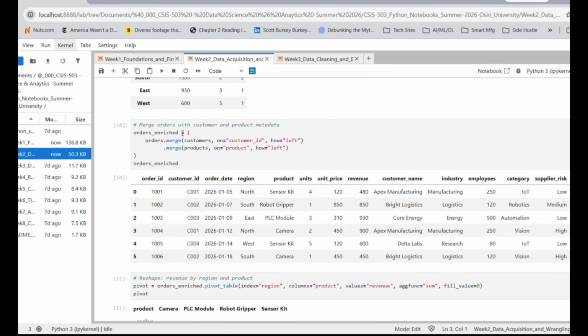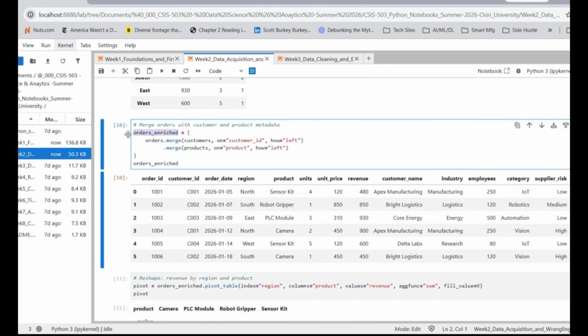So then I'm creating another table that I will call enriched orders, or orders enriched, right? So I'm taking my original table and I'm merging a few things. Customers, on customer ID, and how I want to merge it: to the left. I want to turn on customer, that's my focus. Then I also want to merge products, turn products on, and then how I want to merge it: to the left. So if you go look at this, all of a sudden, you want to use the customer ID,